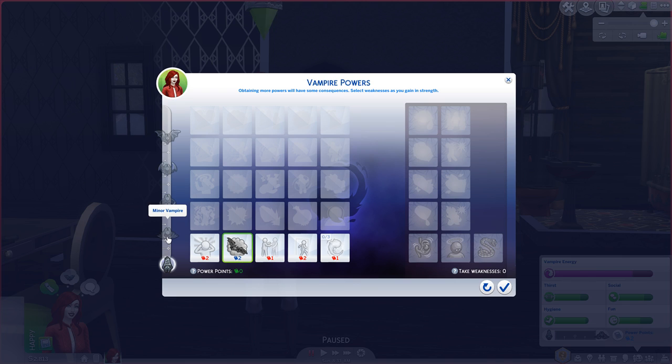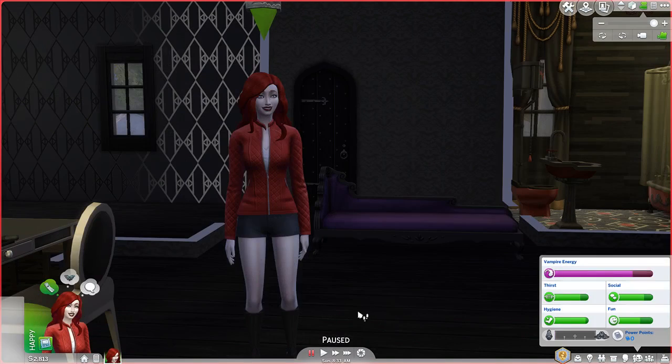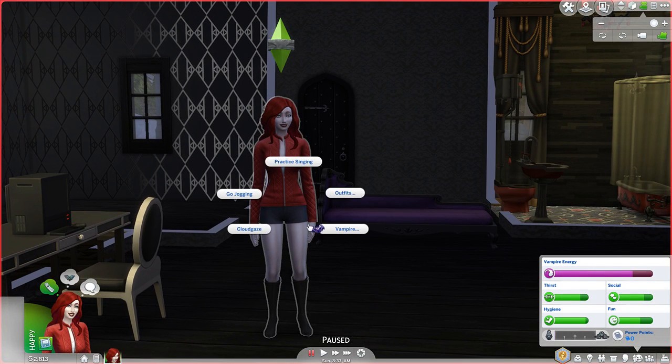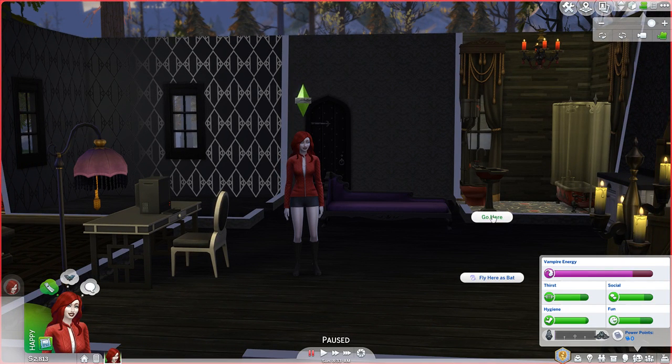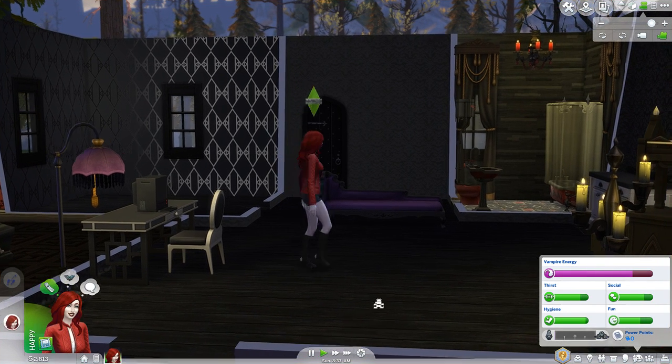After you reach this point, the minor vampire point, I think it's here or maybe it's here. At some point, you have to take weaknesses because you get all these good traits, but then you have to take weaknesses along the way too. So we are going to tell her to always move as a bat. And then if we tell her to go over here, she should just...